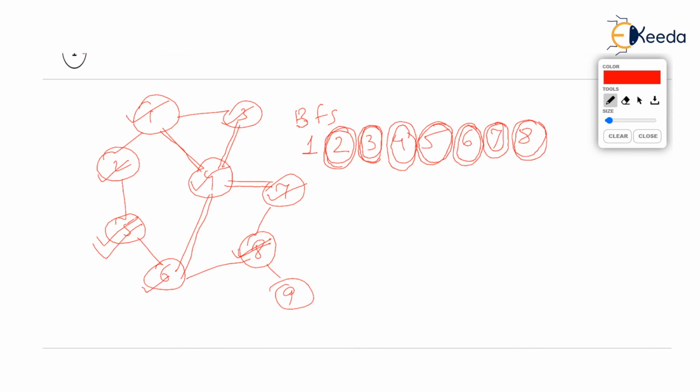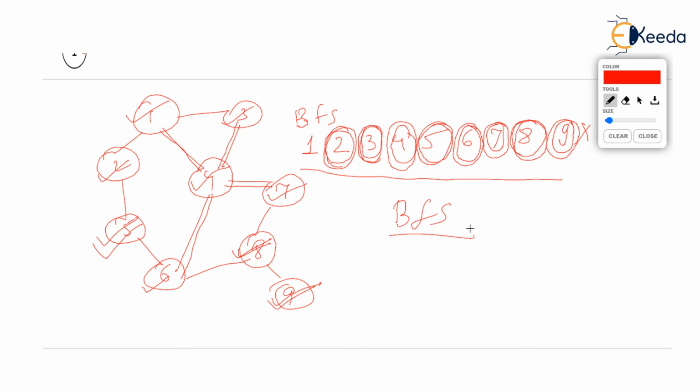If you see the neighbors of 8, among the neighbors which are 6, 7, and 9, 9 is still pending. So you will visit 9 and mark it as visited. But then when you will try to repeat the process on 9, any neighbors of 9 on the taking? But you can see there is only one neighbor of 9, which is 8, and it is already done. And absolutely nothing is pending in the list now. So this is the output of BFS.